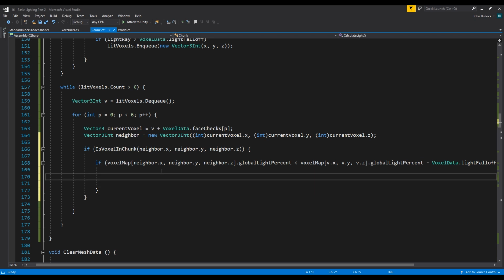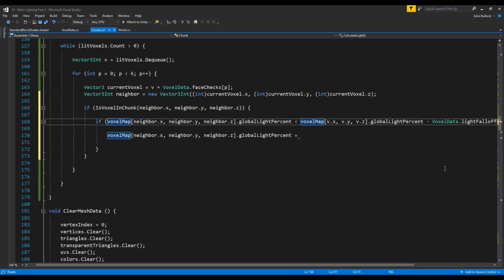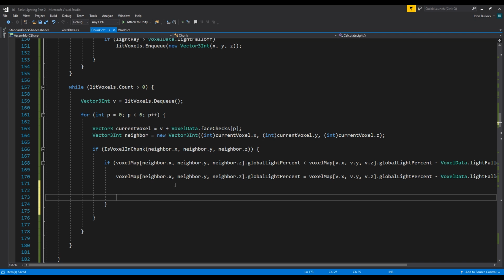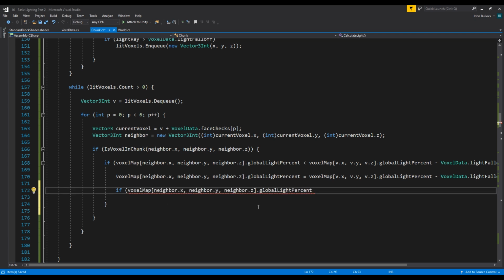And then the modification is basically just voxel map neighbor dot global light percent equals, and then we'll just copy this whole string here, equals our voxel minus light fall off. And then what we want to do after that is check if the current voxel that we've just edited, i.e. our neighbor voxel, so we'll just copy all that, if that value is greater than voxel data dot